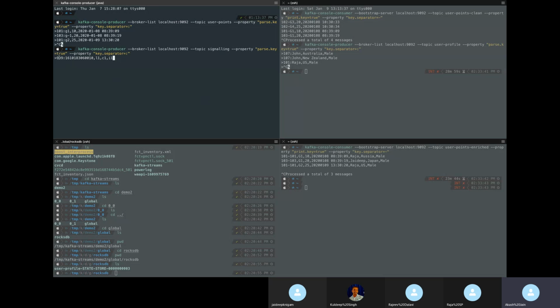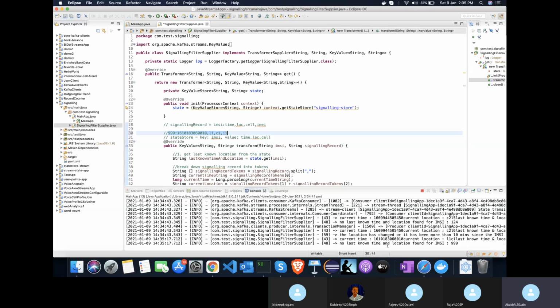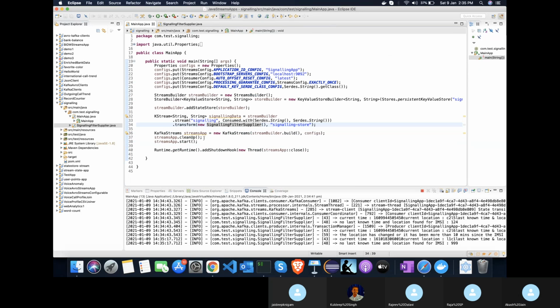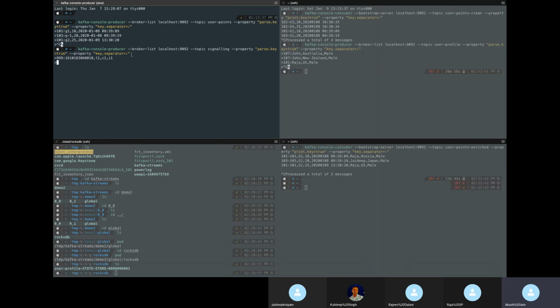I'm putting data with IMSI 999. This has never been seen, I know that. So if you see, no last known time and location found for IMSI 999. So it has recognized that there is no last known location for 999, and if I put the same record again,